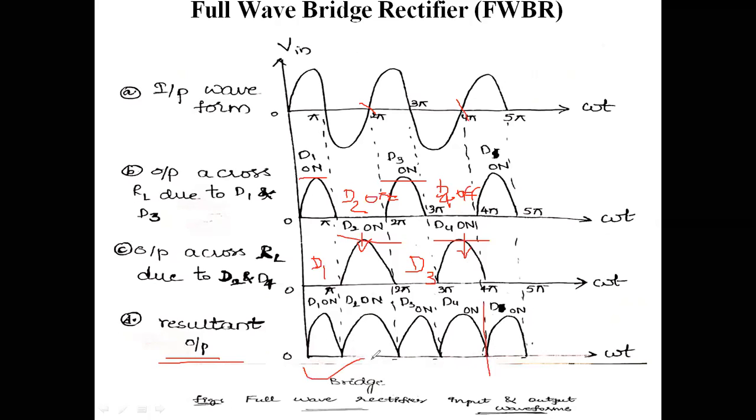Till this waveform, all the diodes are in on position here. On position takes place with respect to positive half cycle as well as negative half cycle here. The resultant output consists of all the diodes conduction with respect to positive half cycle as well as negative half cycle. This is the waveform we are going to represent like this.